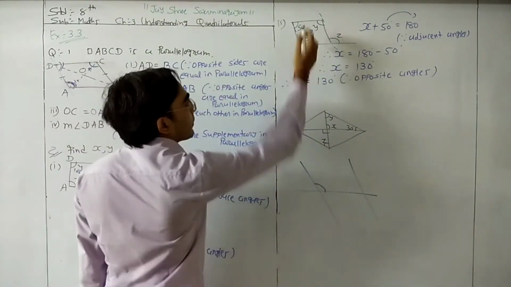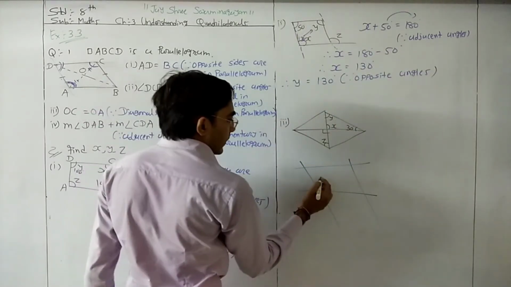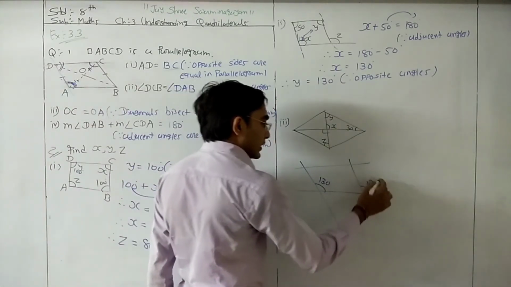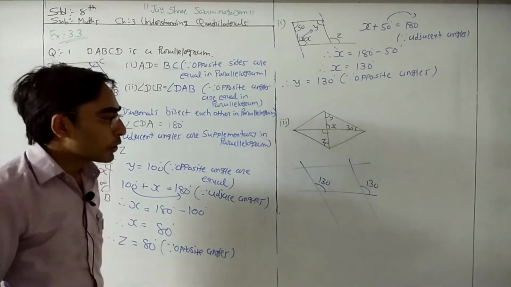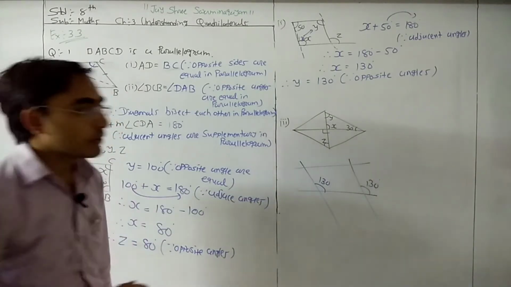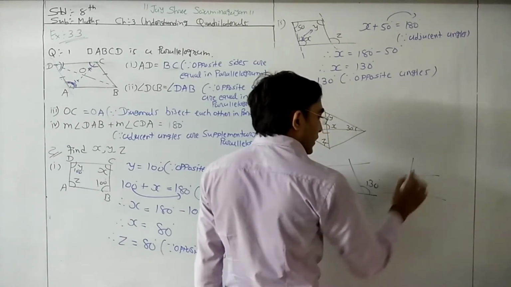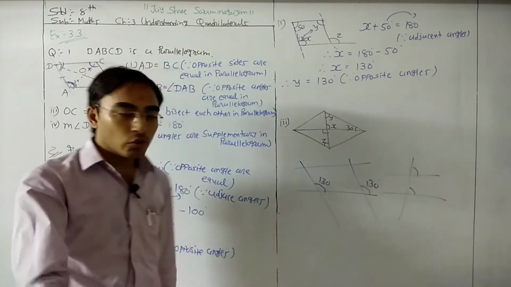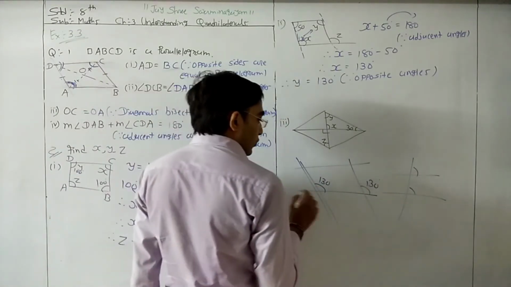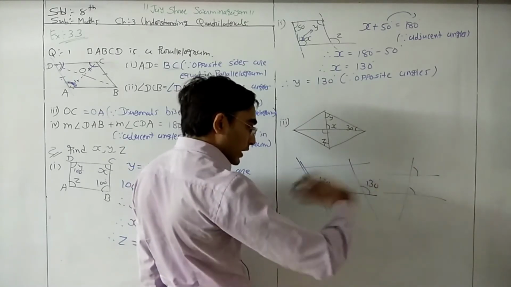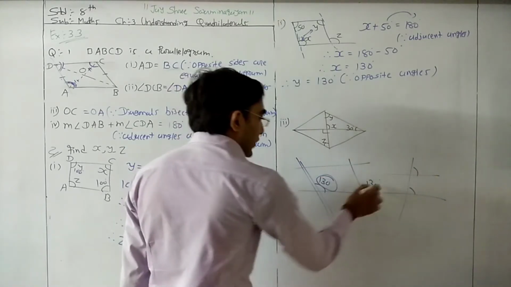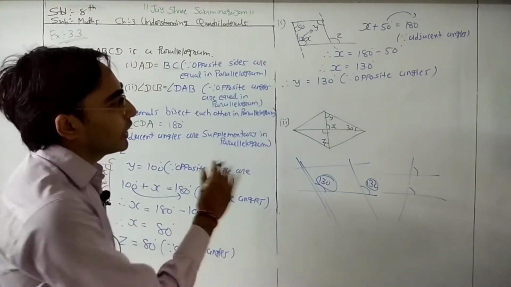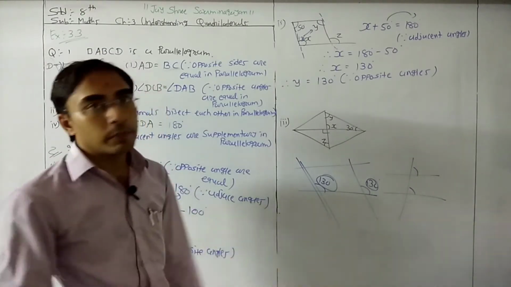Here is our x, and that we already found to be 130 degrees. We need to find this value, and that is also 130 degrees because these two are a corresponding pair of angles. If we draw one figure, then these two angles are equal, corresponding pair of angles. Similarly, this is a horizontal line, upward direction and both on the right hand side, so these two angles are equal. So directly we can say that z is equal to 130 degrees, and the reason is corresponding pair of angles.